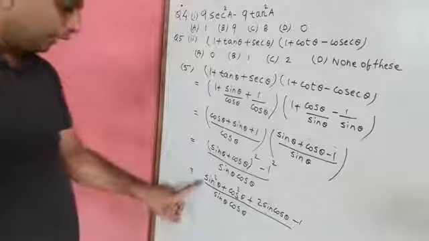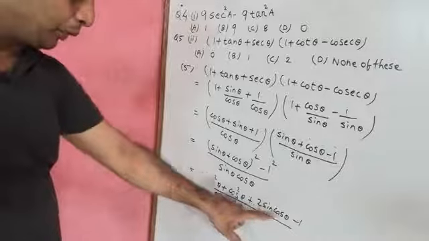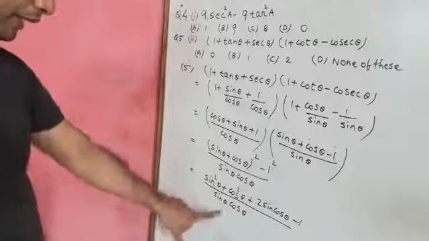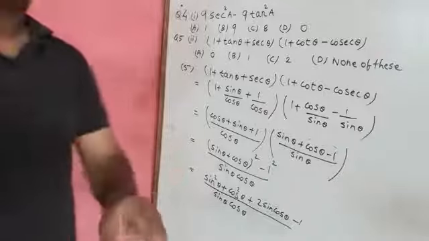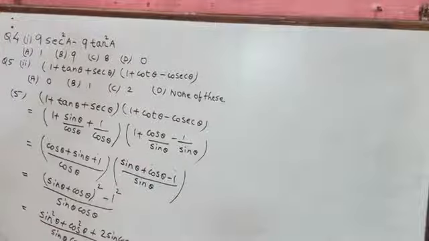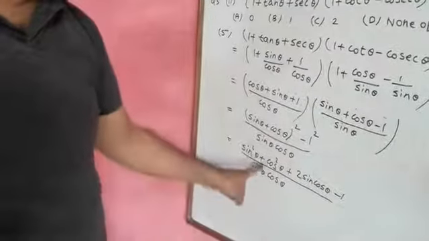Now you can see here a square b square 2ab minus b. Now upon sin theta minus cos theta. Now sin square theta plus cos square theta equal to 1. So this I am writing here. You can see here the sin square theta plus cos square theta equal to, in place of sin square theta plus cos square theta I am going to write 1.